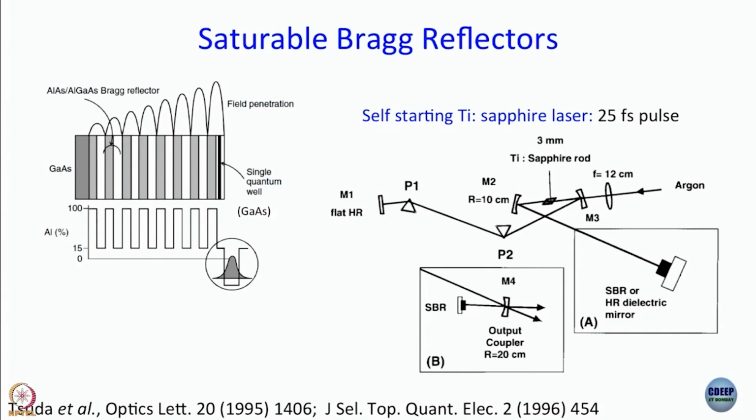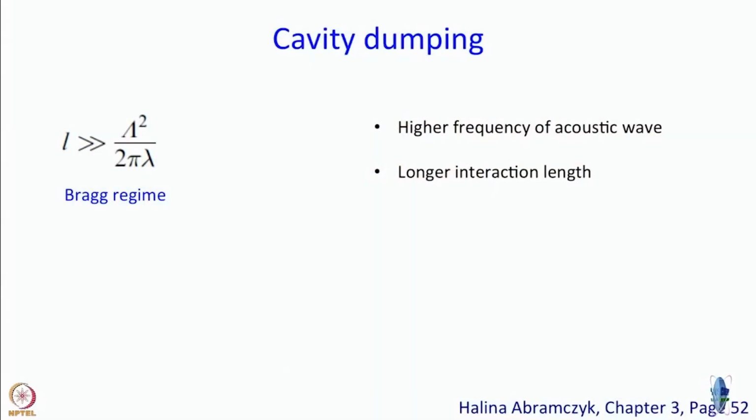So, good thing is, first of all, Ti:sapphire itself gets mode locked by KLM. Into it you are introducing a saturable absorber. So, the output is as good as it gets. So, in all, not all, but in most of the modern day compact self starting Ti:sapphire lasers, this technology is used. Now, we move on to something that is a little different, but it is very easy to get confused